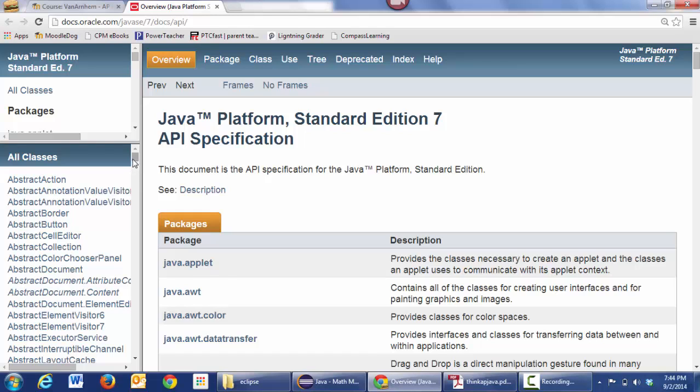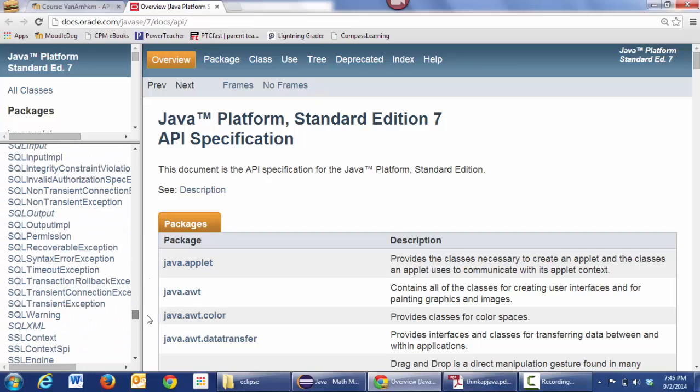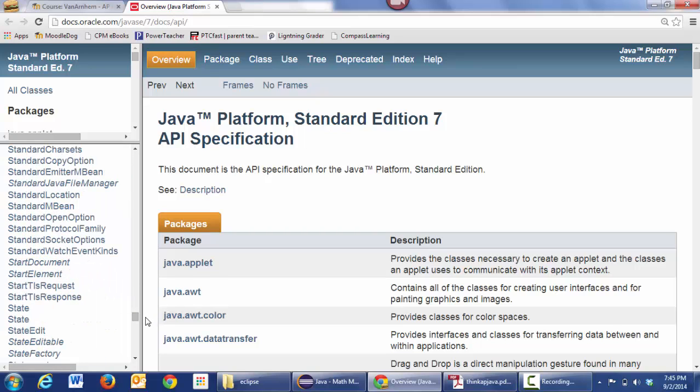And so in the API here, we'll focus on the bottom left where it says all classes. And I draw your attention to the fact that we've already used some classes here. Remember, classes are things with capital letters by convention. So if I scroll down here,